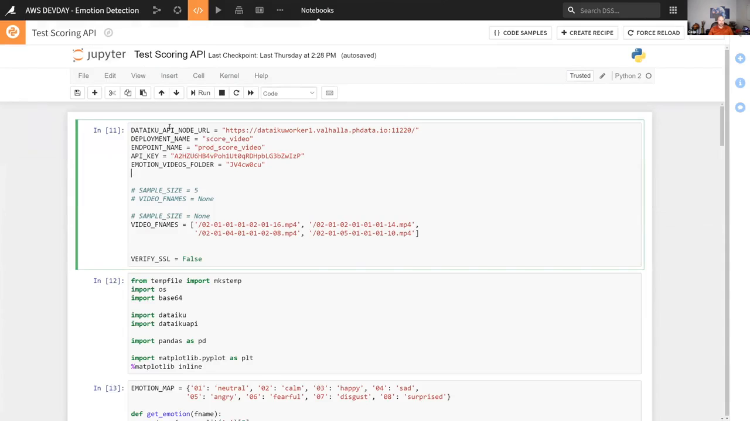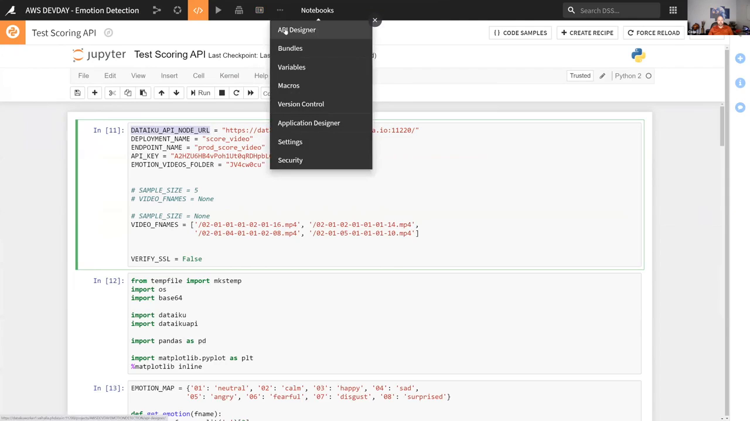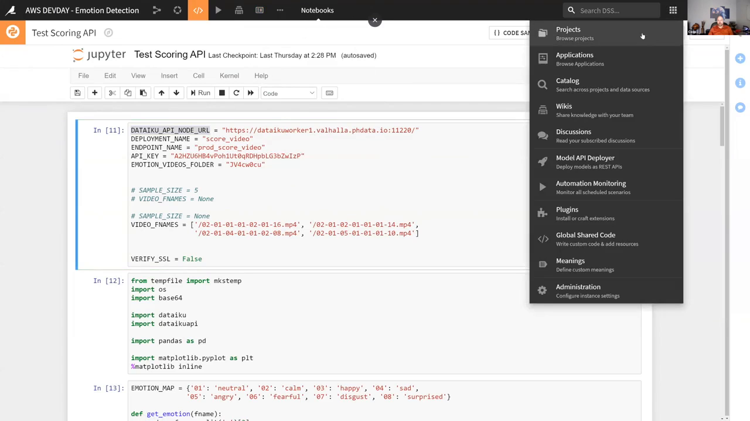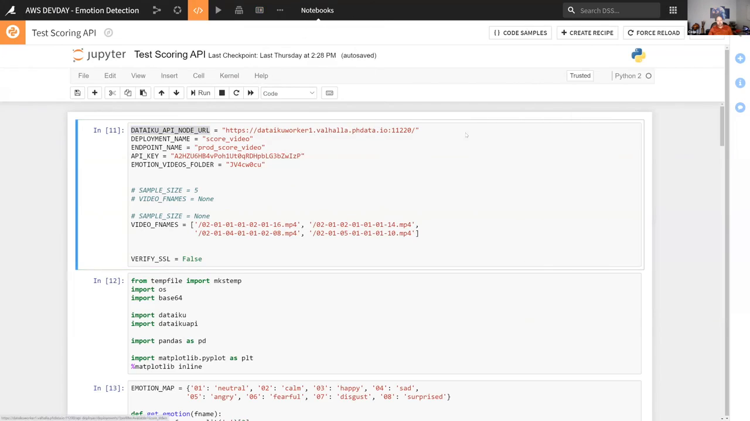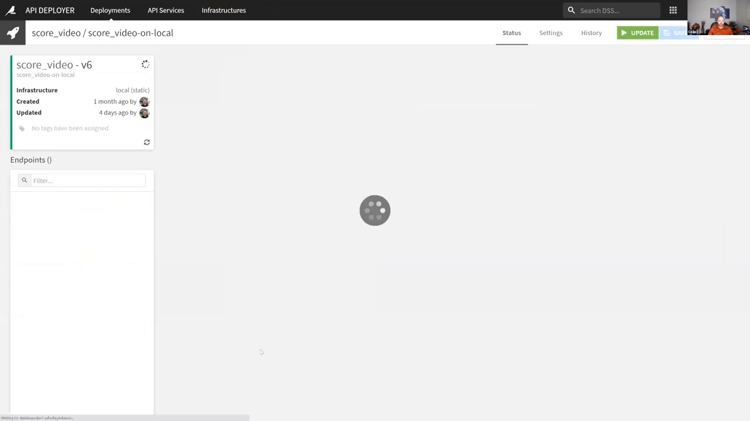What this will do is actually upload a video and kick things off. So I have a couple constants here. Note that I have the URL of the API node, which you can get from that API deployer. It will give you that node. If you look at your service,